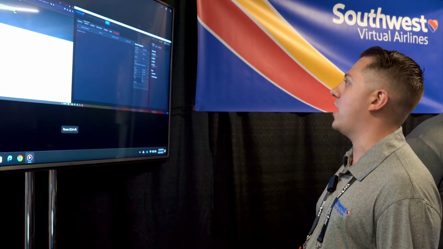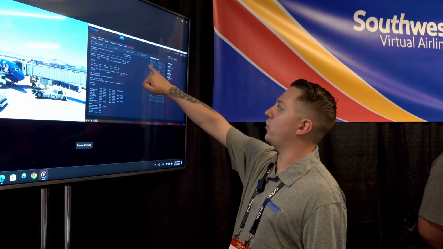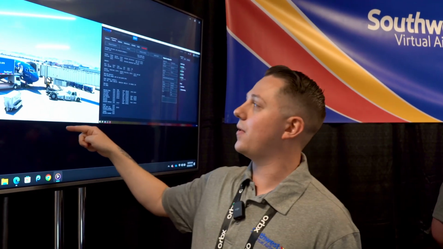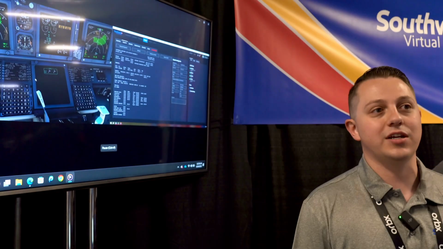It's going through SimBrief on the left side. It's going to update all of those parameters, and then it's going to populate right back in our LUVCARS system. When it does this, the pilot is then able to click uplink to FMC. Once that happens, it's going to download that information and start putting it into the FMC